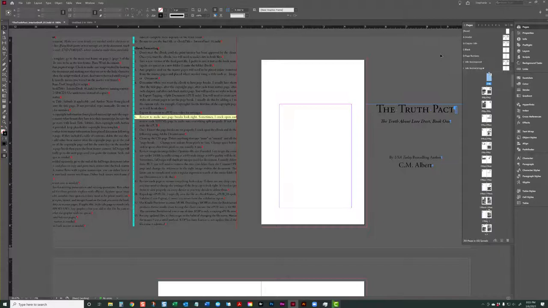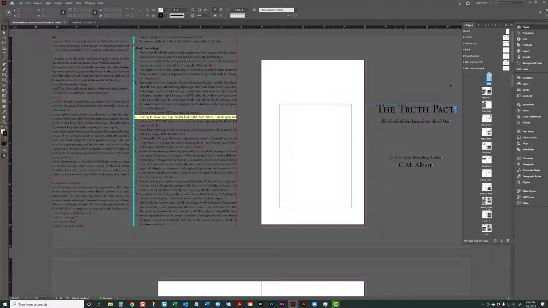Now, a lot of these authors, I know this particular author, she sends out books and she signs them and sends them out to people. So I am going to add a signature page. And a signature page is just a page with a smaller title, and that's it. But what that's going to do is allow me to expand my artwork on the title page